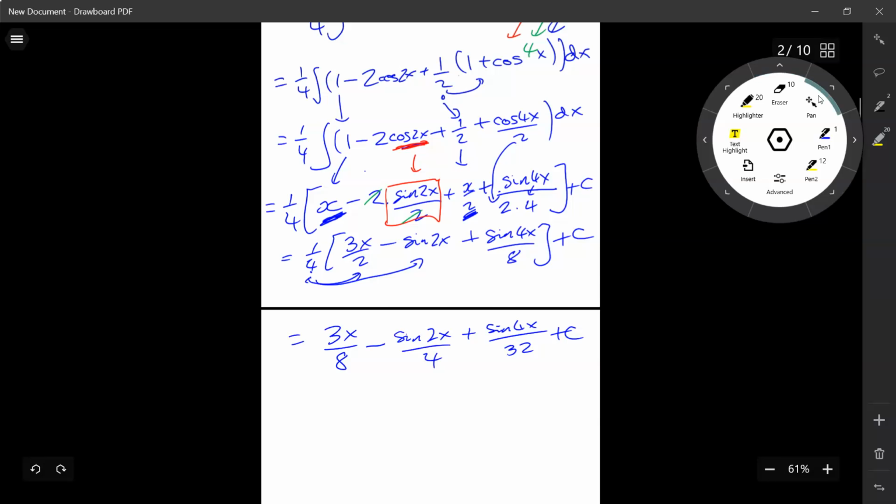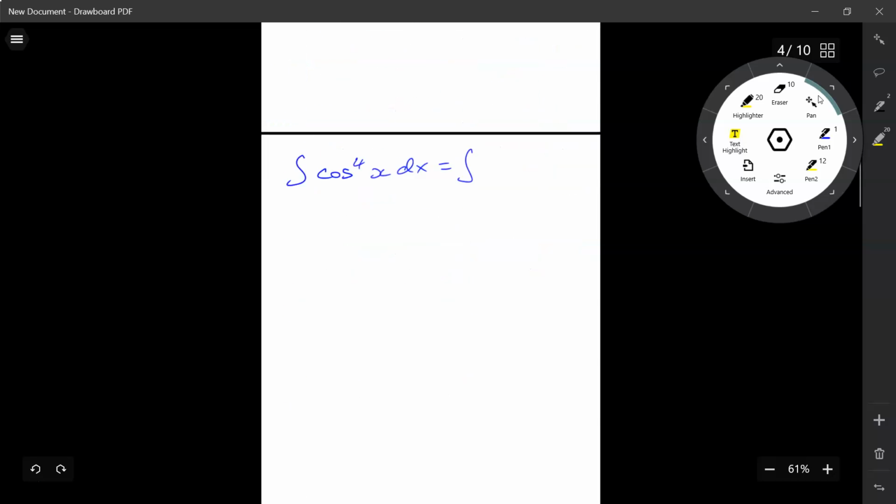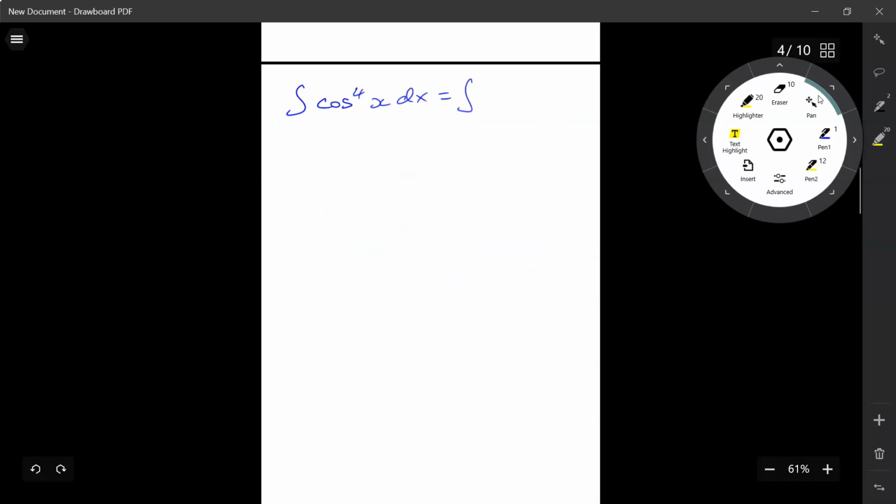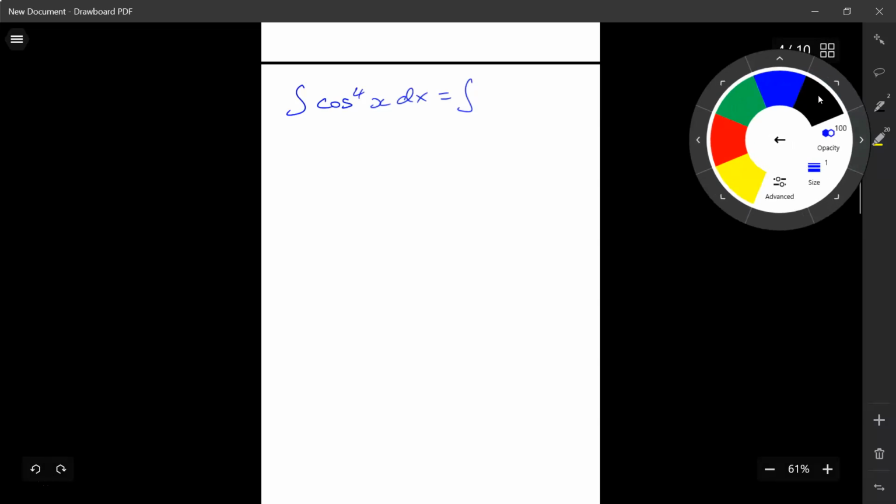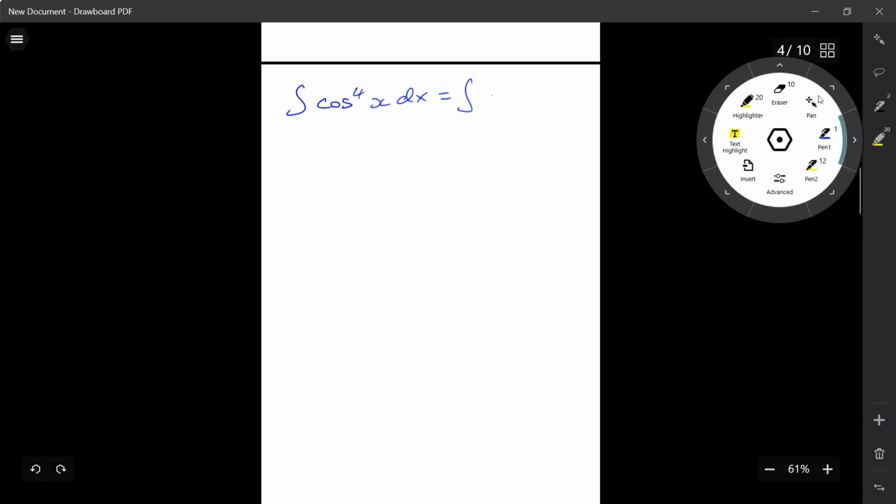Okay, so step number 1 here: you basically rewrite this as cosine x all squared, like so, yeah? Okay. Step number 2 is